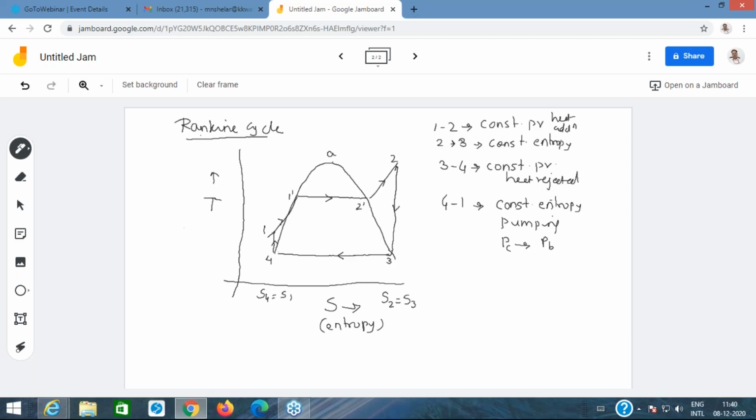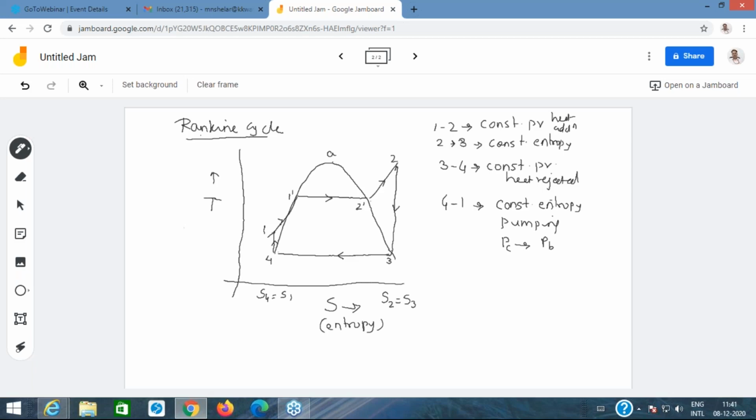It tells you what happens to the temperature. From 1 to 1 dash the temperature increases because it is sensible heating. Then from 1 dash to 2 dash the temperature does not change because it is a phase change, and from 2 dash to 2 the temperature will rise again because it is superheating. So you see the profile of this constant pressure line as ascending, then horizontal, and again ascending on a temperature entropy diagram. The pressure at 1 dash, 2 dash and 2 is the same because it is a constant pressure heat addition, and that pressure practically corresponds to the boiler pressure.